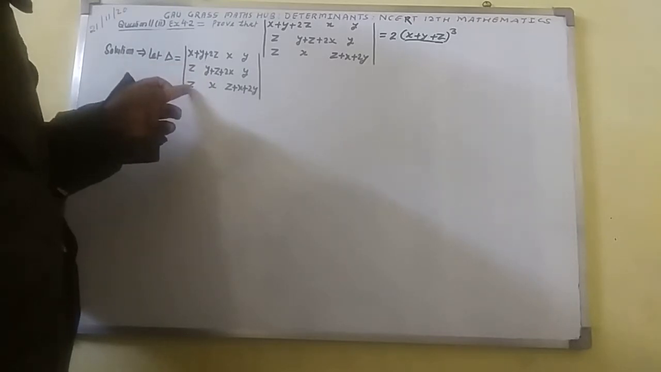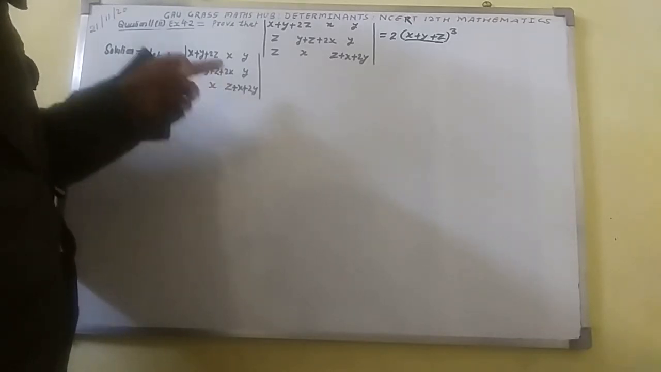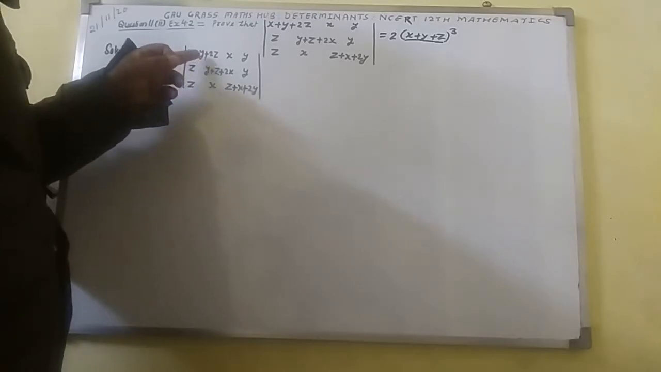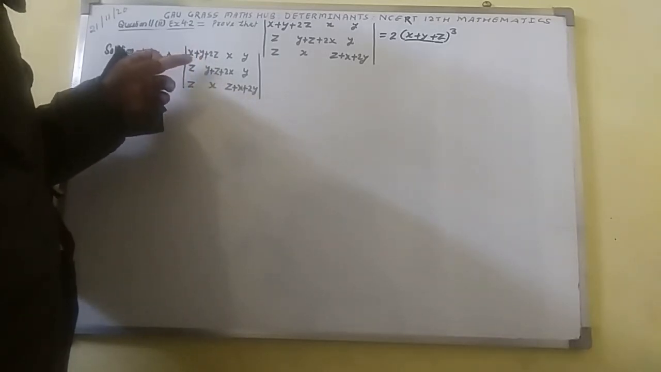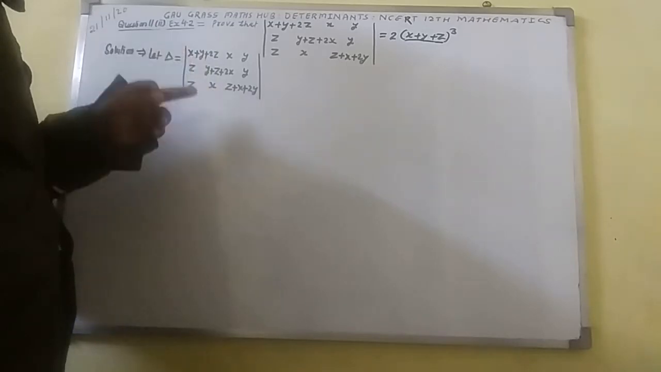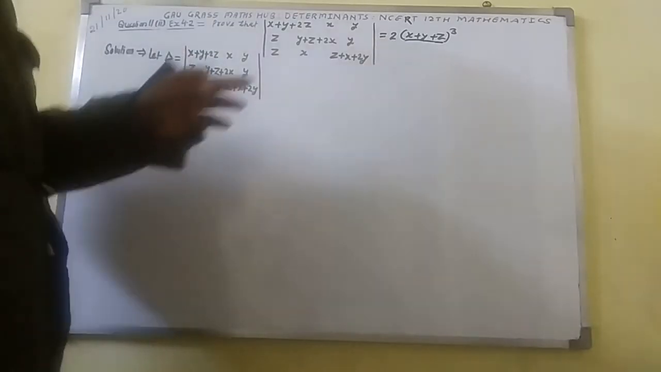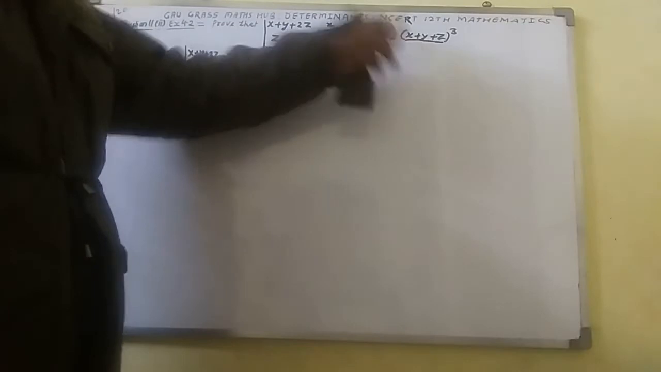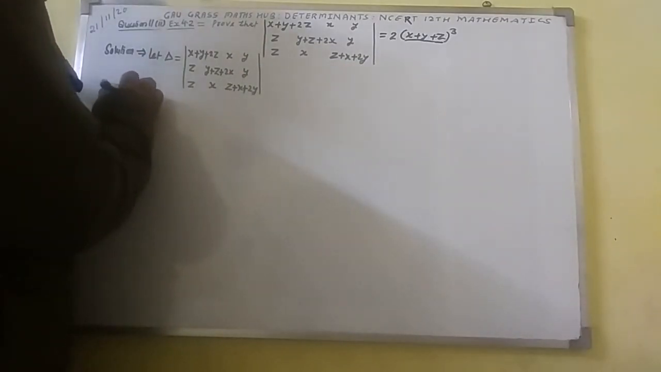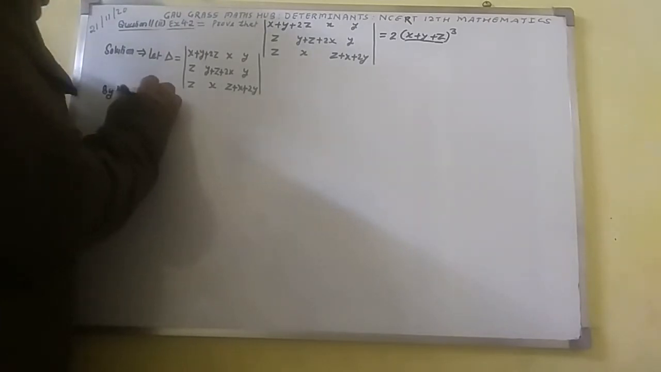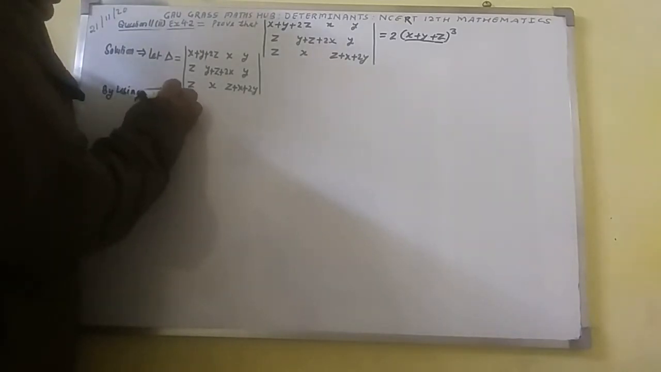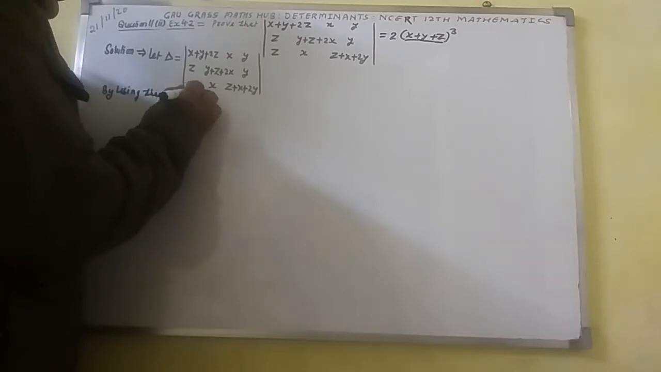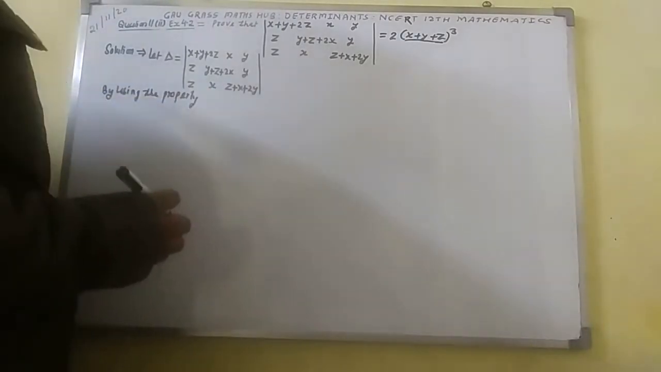Similarly, I shall do the same operation as I have explained for the first row and second row. We shall easily get it as a factor. Let us see what property I am going to use here. Here I shall write, by using the property